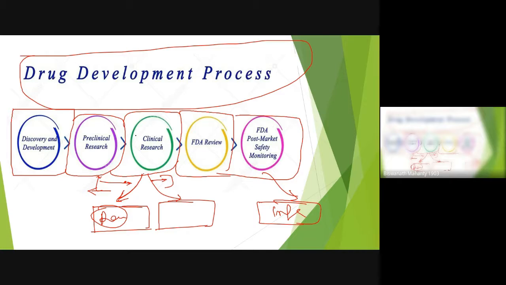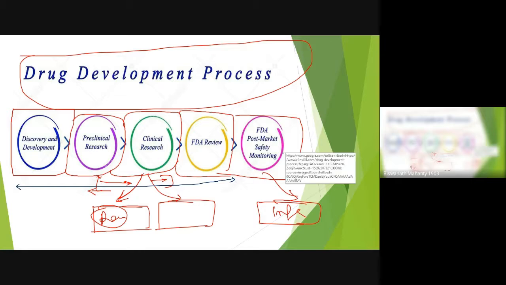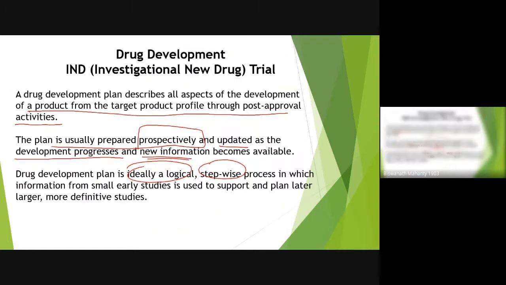The whole process of drug development, at least until this FDA review process, can take some 10 to 15 years or so. Exception is always there. And finally, this can go lifelong, infinite time period. Maybe the safety review can continue for certain drugs. Even some drugs have been withdrawn 30 to 40 years after they are in market. So this study is really very important when you are considering the safety of these drugs for individuals.